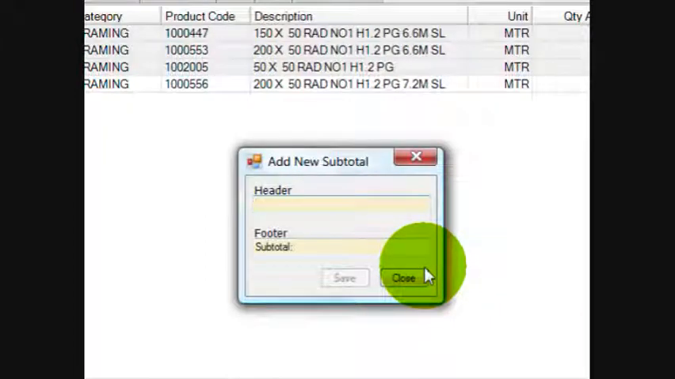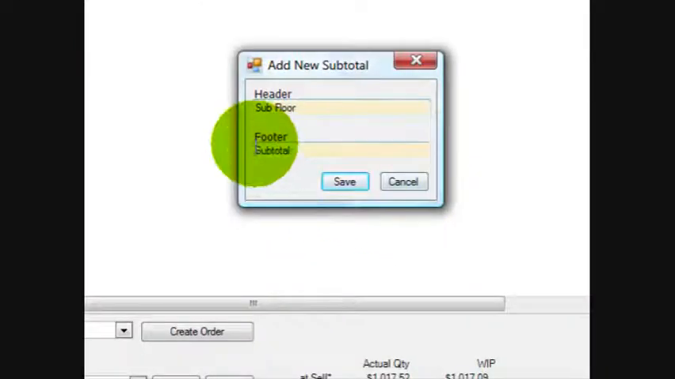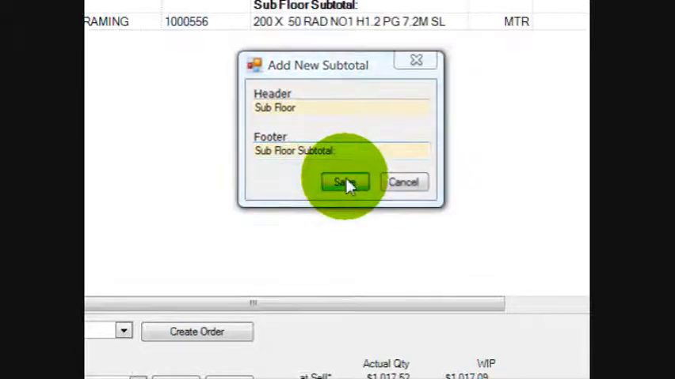This box appears and then you can put a heading in, so I'll just call this sub floor, and I like to put sub floor again in the footer, because it's actually the footer in some reports that show. For instance, if you're going to end up submitting a quote or an invoice and you wanted to hide some information, you could hide everything in the subtotal and just show the subfloor total and not the actual individual line items. Okay, so we save that,